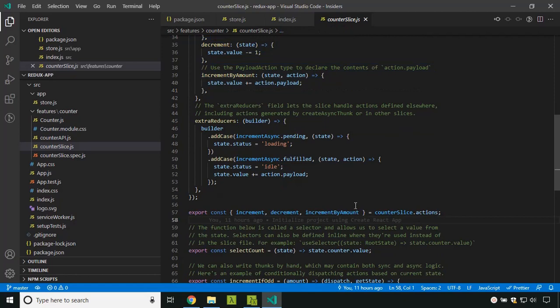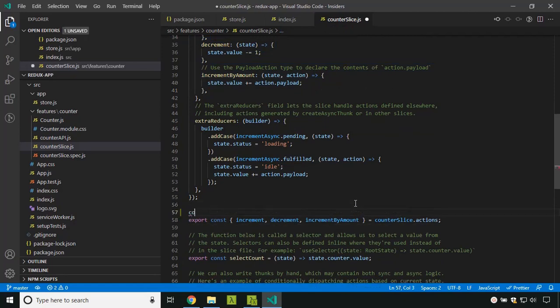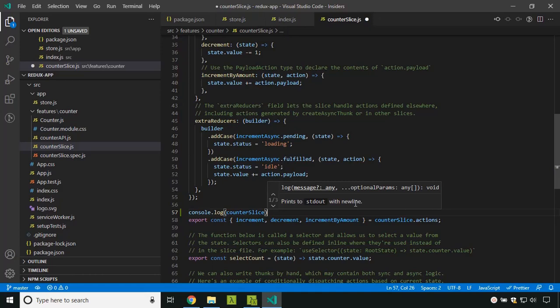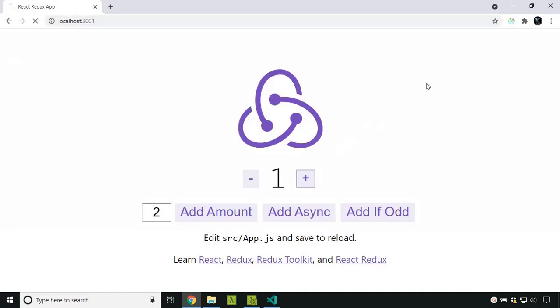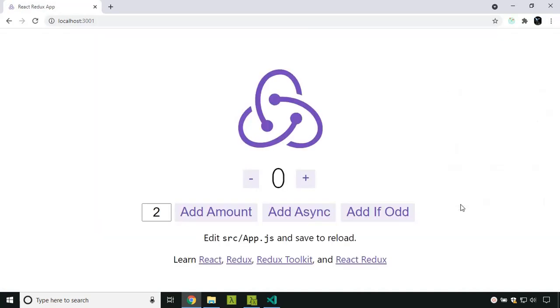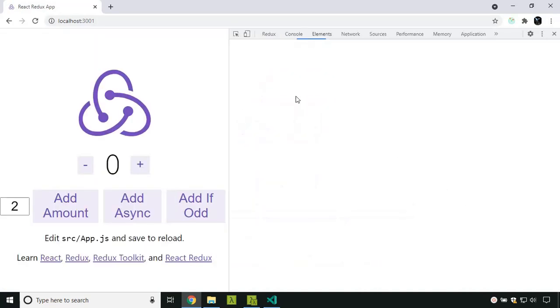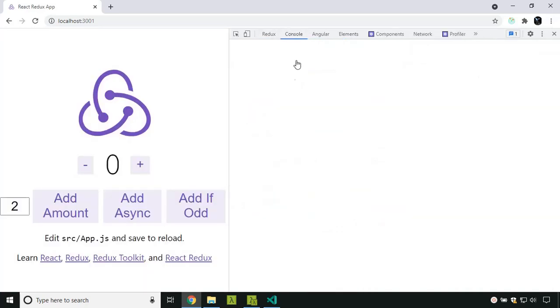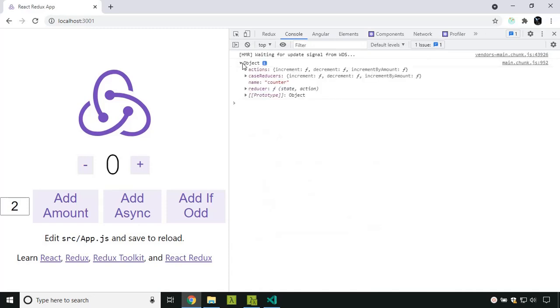We can put a console.log here and display the counter slice so that we can get a clear picture. Now let's go to our application. I am refreshing it. Here we can see our counter slice object.